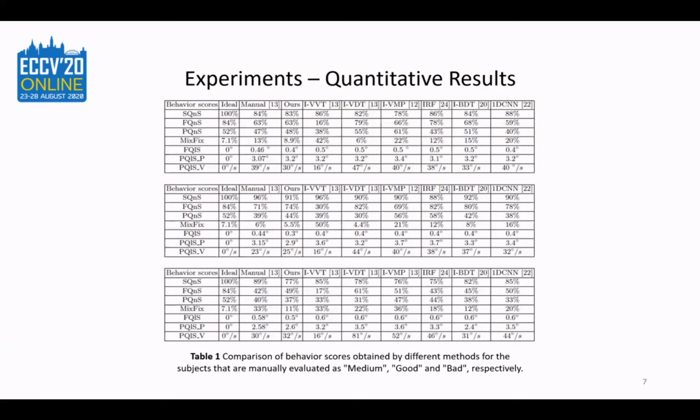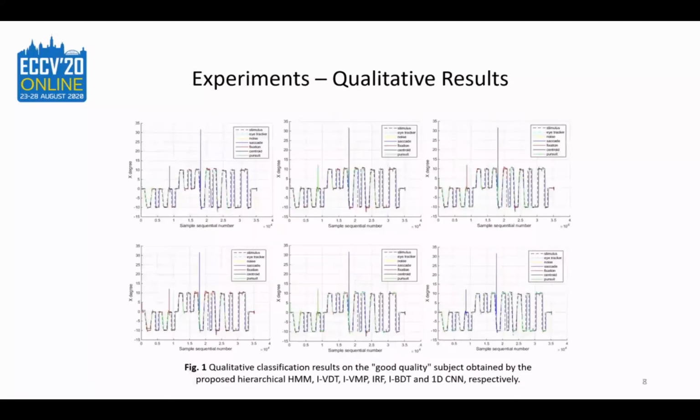Since the original model was trained on a different dataset and fine-tuned in our experiments, the transfer learning process may be less effective compared to retraining the entire network model, which also reveals one of the limitations of those data-driven methods. We then present the qualitative classification results in this figure. The qualitative results are consistent with the previous quantitative results. Notably, our proposed method succeeds in detecting an unexpected saccade, while most of the other methods detected it as either smooth pursuit or fixation.